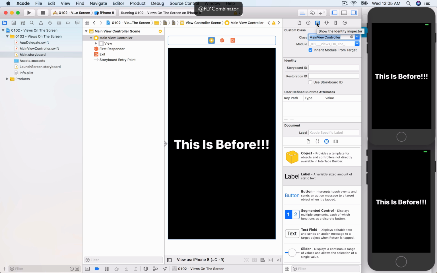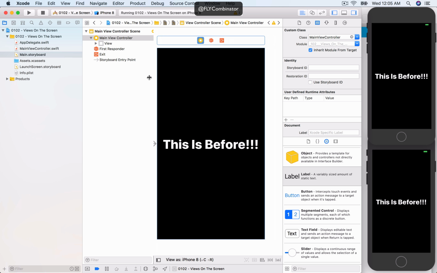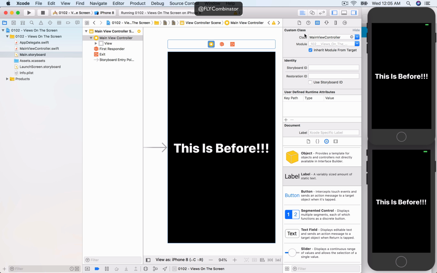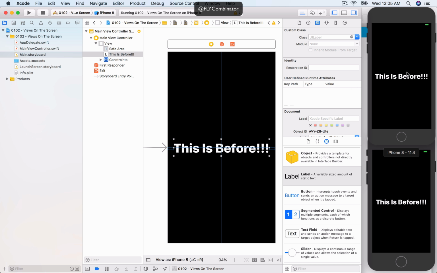See, this is the identity inspector. And we're going to want to connect this view controller, this view controller view, with the corresponding file. Okay, so we got this main view controller, and it's going to be tied with this. And you see, it's saying this is before. Let's change this. This is on the storyboard. So if I run that,